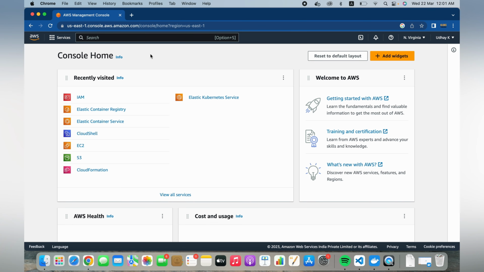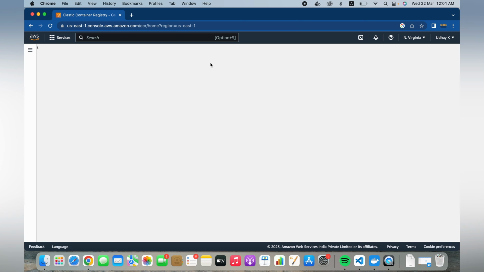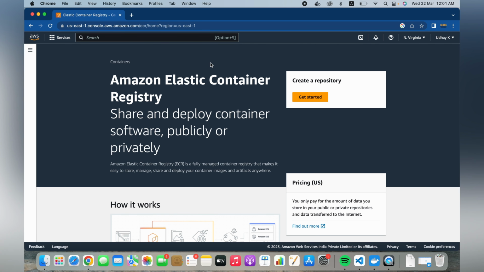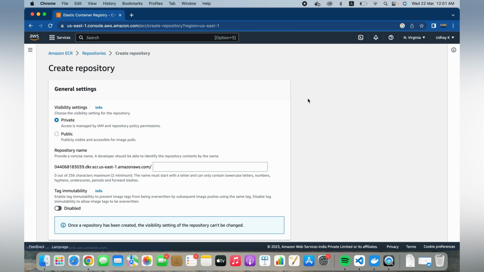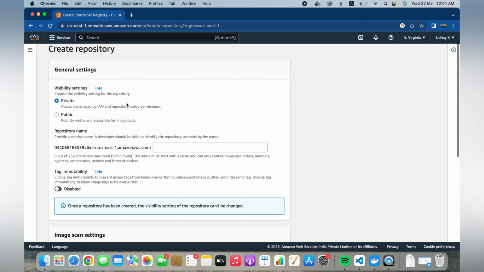the home page. So we have successfully created our access key and created the user also. Now we need to create a new repository in Elastic Container Registry. This is called the ECR. This is a place where Docker images will be stored. So I will create a new private repository. I will keep the name as